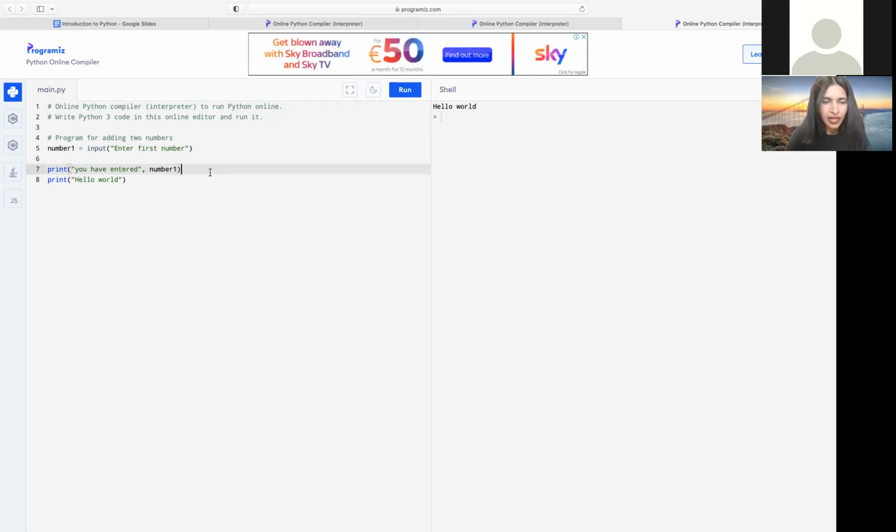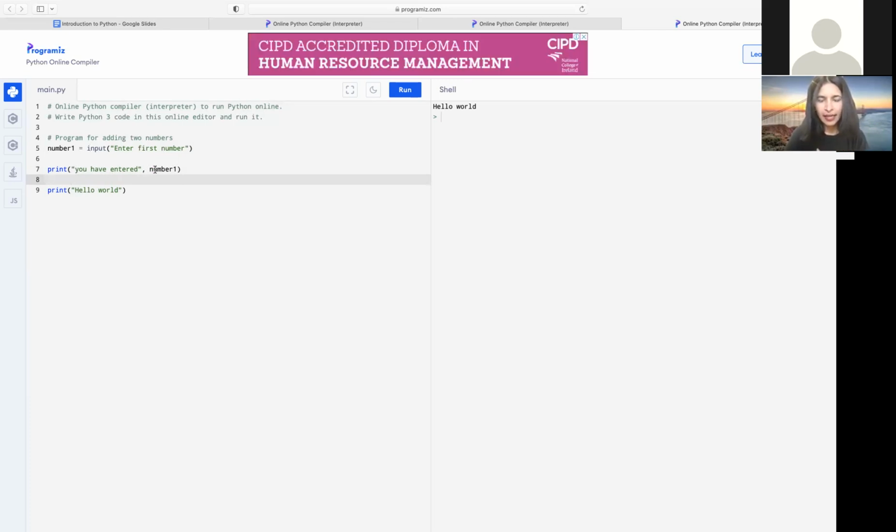So let's go baby steps. First let's run and check if it asks the user to enter the first number, and at the same time check if the entered number is correct. Because we are the user here, let's input something and check if this is the correct number we have entered. So if we run here again, it says enter first number, and now this cursor is blinking. That means it is waiting for us to type something.